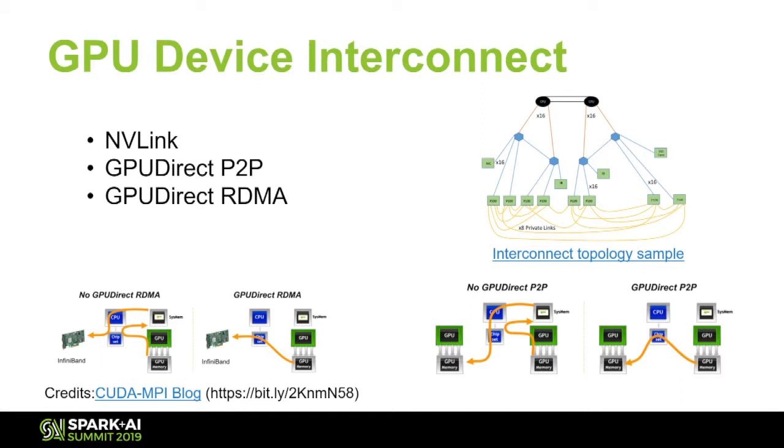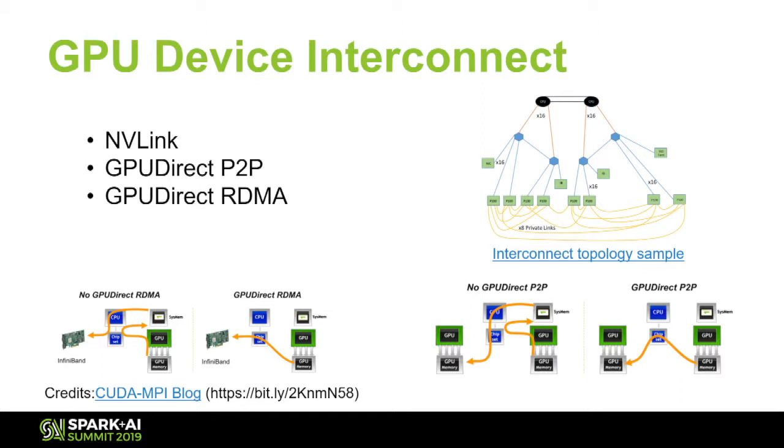So there are different ways in which CPUs, GPUs, then switches, PCIe switches can be connected with each other. And in the slide, you see one possible topology where these are connected. So here we see two CPUs, each connected to 4 GPUs, and there are network, InfiniBand, and the private links also included. Again, this is just one way to connect these components. There are different possible ways to connect them.